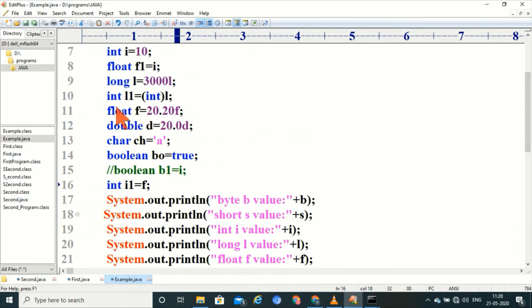Just now I have converted, this is the source data type, and this is the destination data type, and source data type must be compatible with destination data type, otherwise it leads to compile time error. Next, its range must be less than or equal to the destination type, else it leads to compile time error.